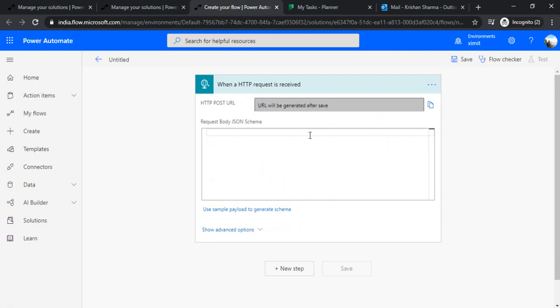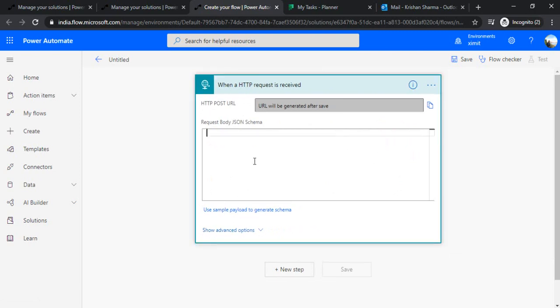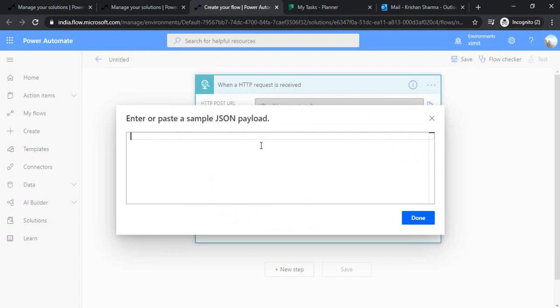So I got this. Now I'll use the sample payload to generate the schema for it. So what I'll write is just simply the title for the task. So I will just say title, new task, and I'll have the owner for this task.